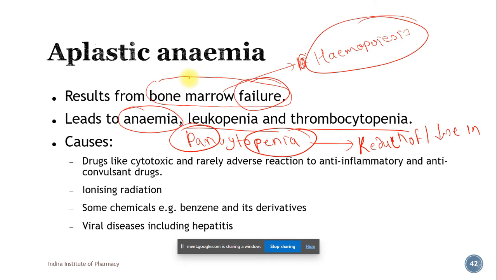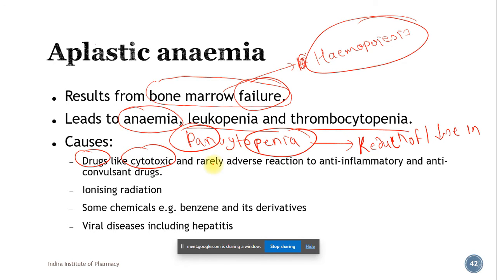We know that red bone marrow is responsible for production of not only RBCs, but also the production of WBCs and the other types of cells. So as the red bone marrow fails to do its normal physiological role, that's why it results in pancytopenia. Okay, so the causes of aplastic anemia include drugs like cytotoxic drugs, that is anti-cancer drugs, which can